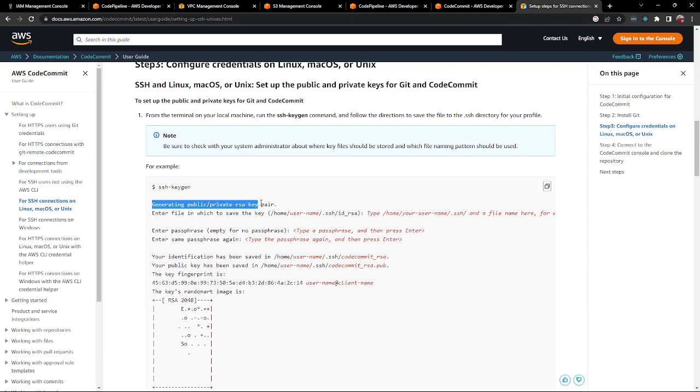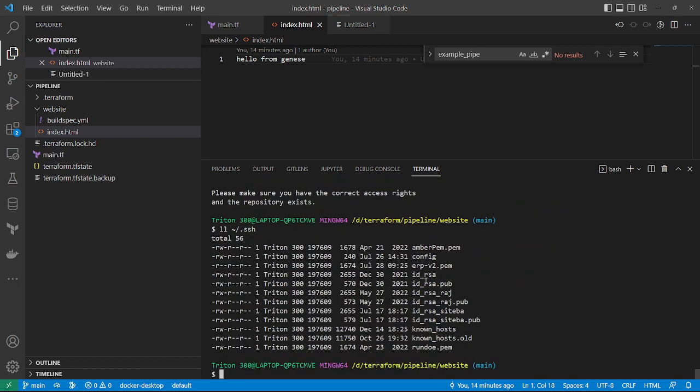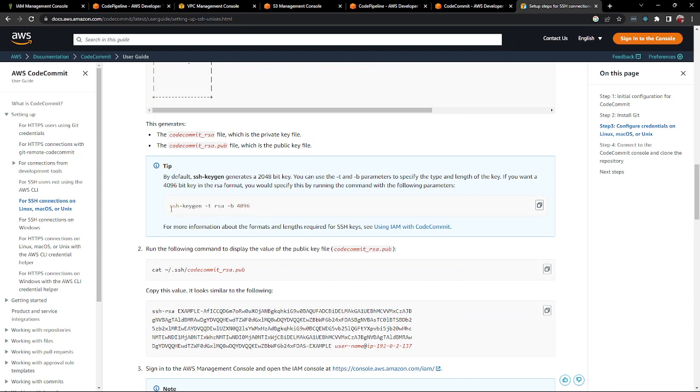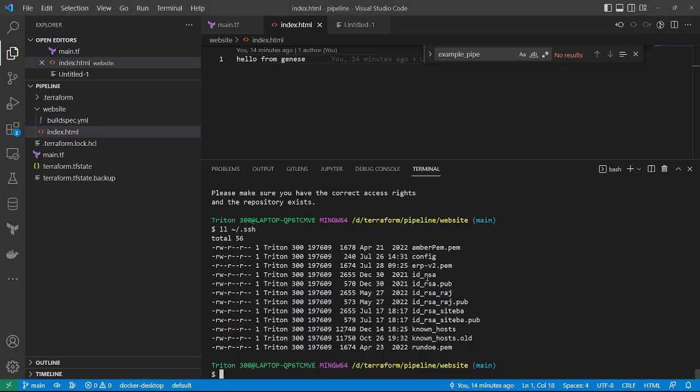So first I have to generate the RSA key pair, which I already do have. My private keys are in root/.ssh. I already have id_rsa, multiple things. I do have it here. So I already have generated a key pair. This is how you generate a key pair. You could look at the public file. So I have an id_rsa, and I'm gonna